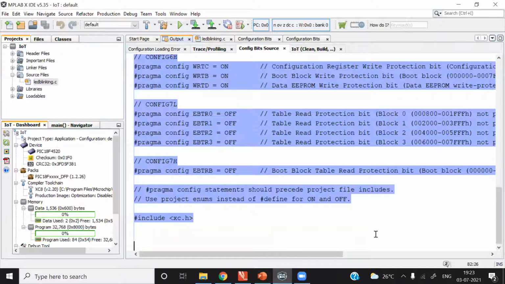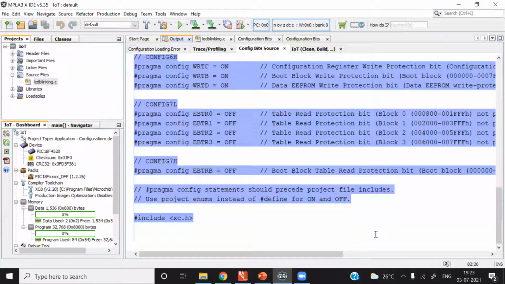I do not understand one question. If we create a project with firmware, then we will get a direct controller with 5V VDD. See, the PIC 18F4520 you can operate on any voltage between 2 to 5V. It is up to you. Whatever voltage you connect on VDD, it works on that voltage. But the standard operating voltage range is from 2V to 5V. According to your product requirement, you operate the microcontrollers. Standard voltages are 3.3 and 5V. But the PIC 18F4520 can also work on voltage as low as 2V.